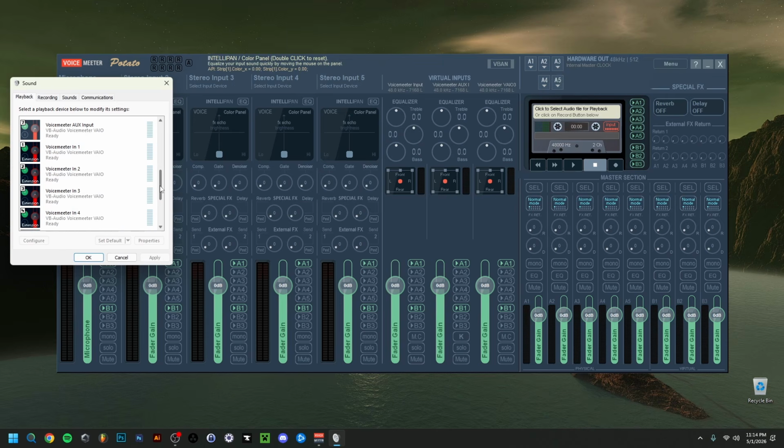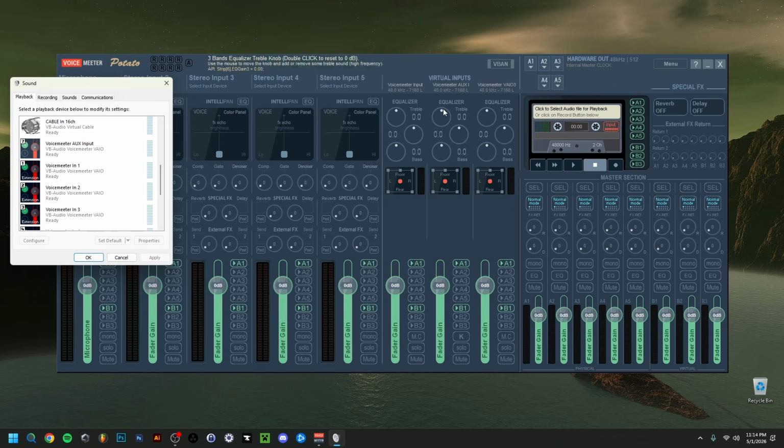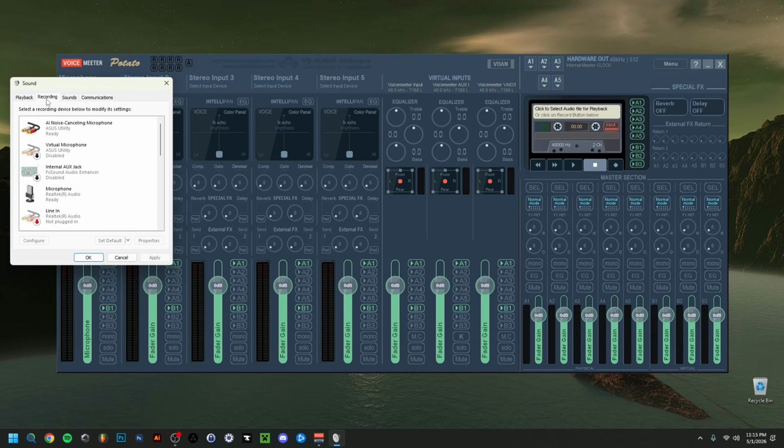You see, for example, 1 to 5 is going to be these 5. If you see the Voicemeeter input or VAIO3 input, and then the same for the aux input, they are just going to be these virtual inputs. And if you go to recording, as you can see for the moment, by default